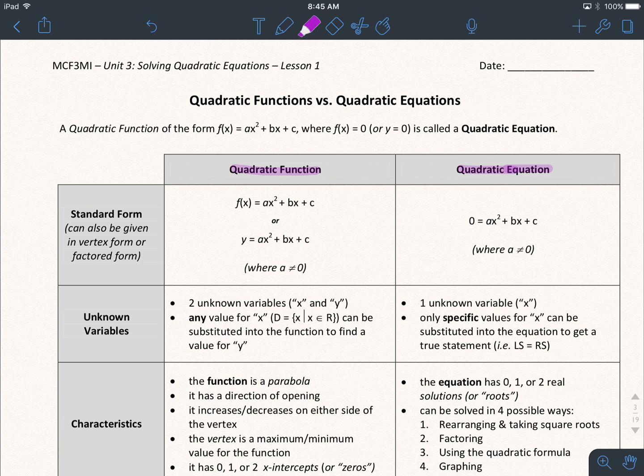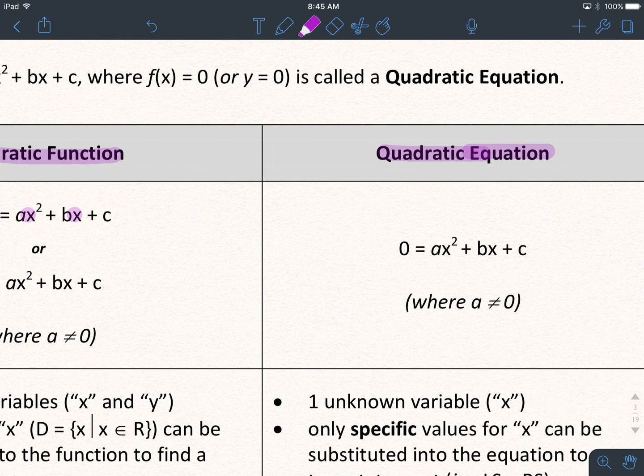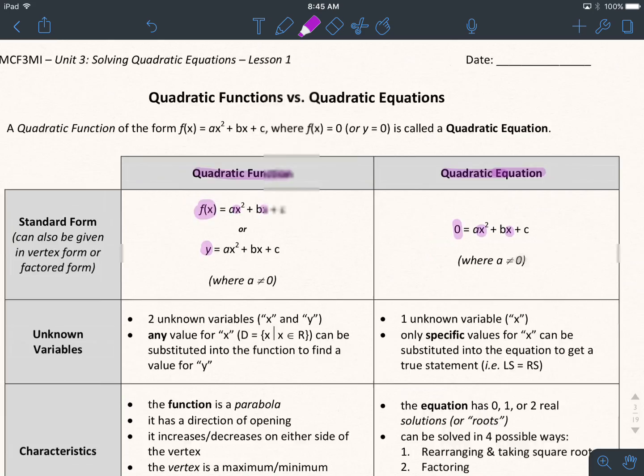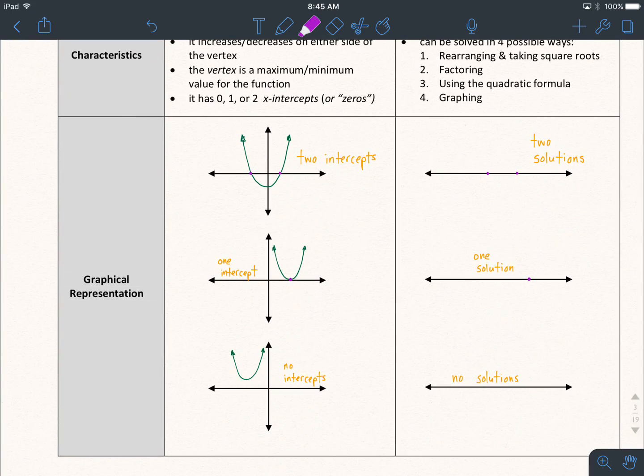So the big difference that I want to talk about right out of the gate is that while a quadratic function has an input value, which would be our x's, and an output value, our f of x or our y, a quadratic equation only has one variable, the input value. The output value is replaced with a 0, which, if we think about this in terms of a quadratic function, means that we have, I'm just going to scooch down to the bottom here, it means if you can imagine